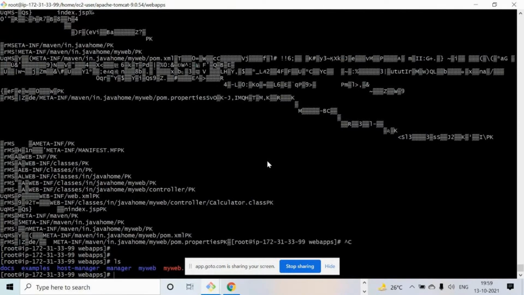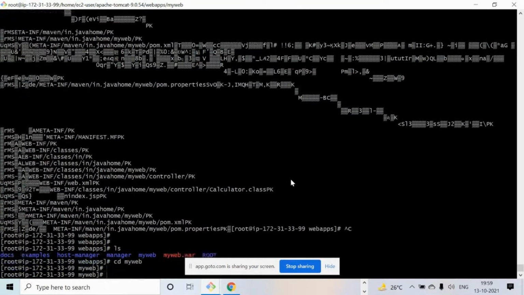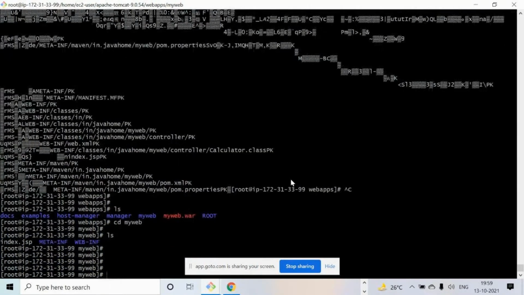One minute. ls. In ls I have META-INF, WEB-INF, index.jsp. Let's see index.jsp.